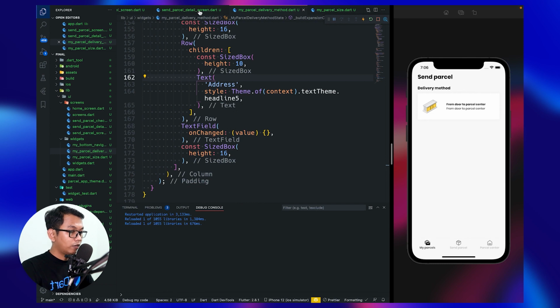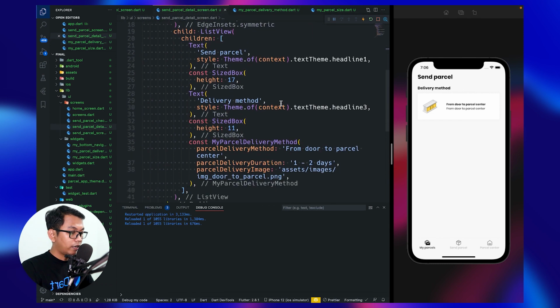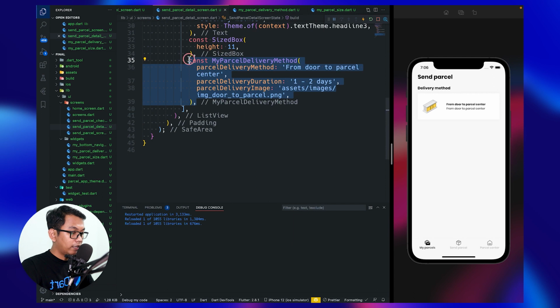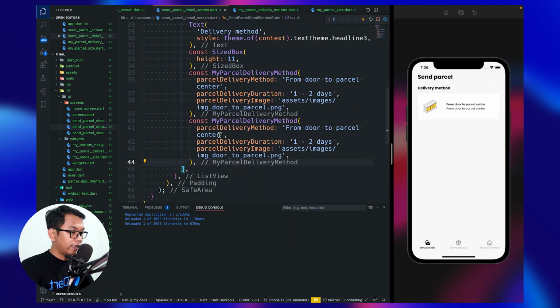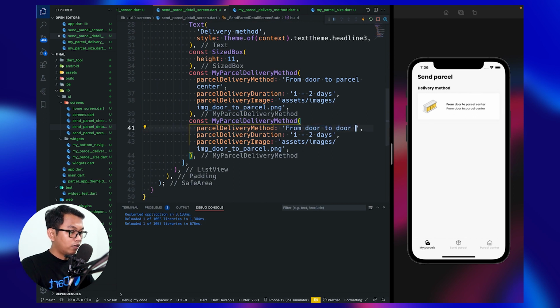And now we go back to send parcel detail screen, and we need to duplicate this for now because for now we don't have any data. So we say from door to door, and this to door to up to 3 days, look like this.